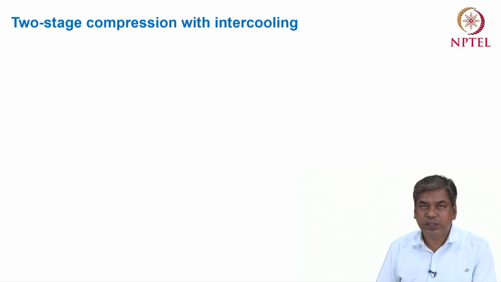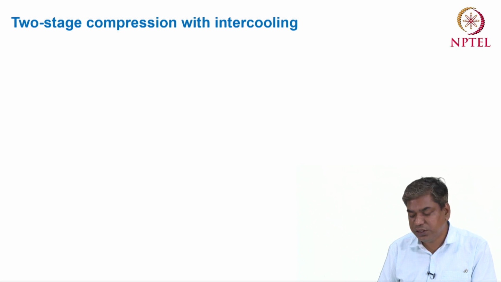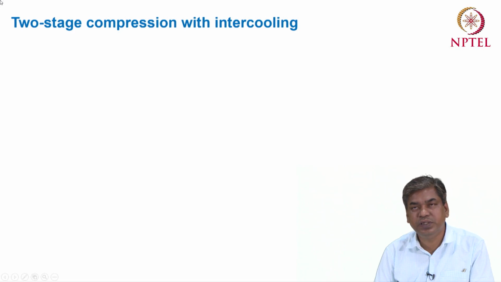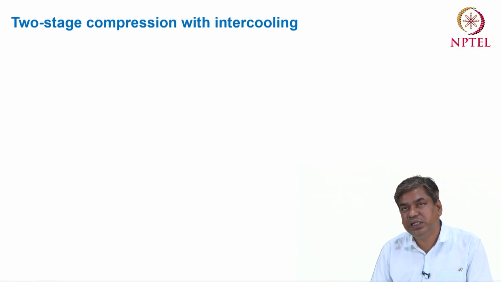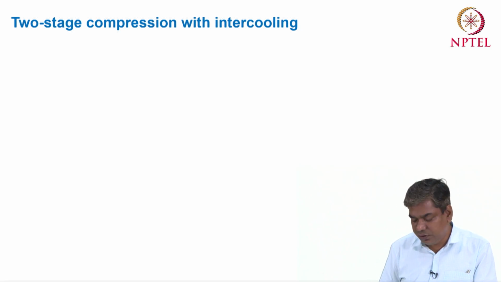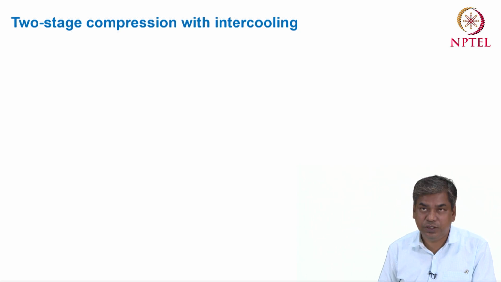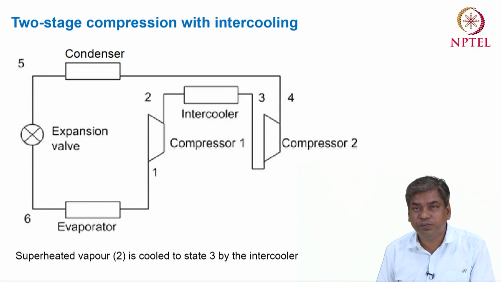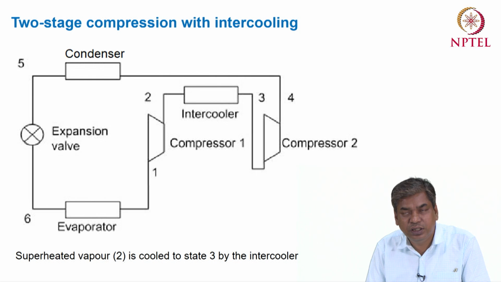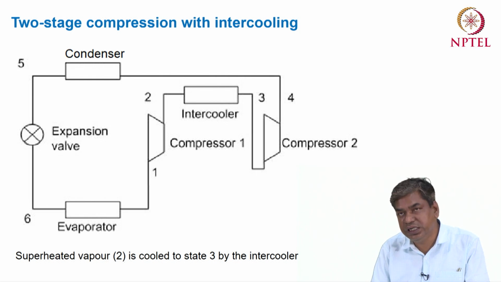There may be various configurations of the multi-compression system, but I will discuss three modifications for the multi-stage compression system. So, first modification: for this case we will use an intercooler in between the two compression processes. That means we will use two compressors instead of one compressor, and between these two compressions we use the intercooler. For this case you can see that the other processes are basically the same as compared to the basic cycle or basic single-stage system.